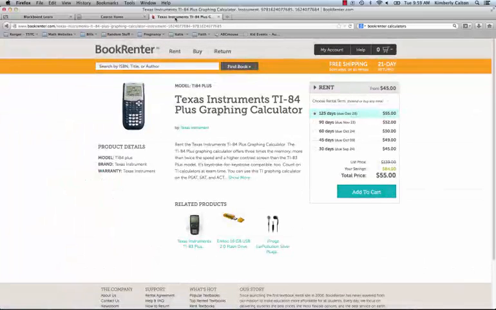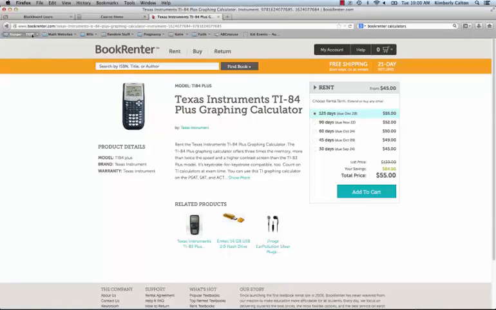The next thing we need to talk about is your calculator. You are required to have a calculator for this class. I recommend a TI-84, and if you do not have a TI-84 that you can use every day, that means taking it home, using it, you can either purchase one, they have them at Walmart or Staples or Office Max or whatever you prefer. However, if you don't want to spend all that money on a calculator that you're going to use just for one class, you can rent them.